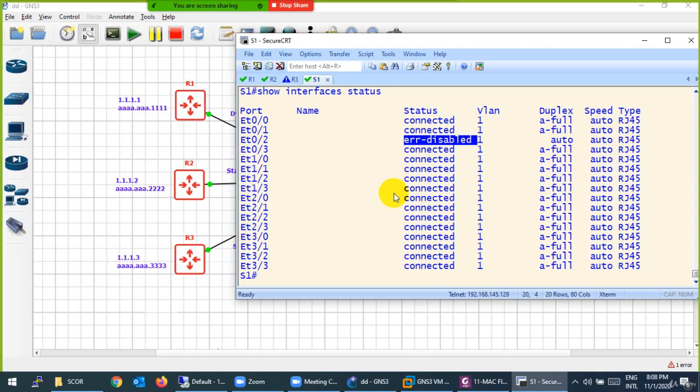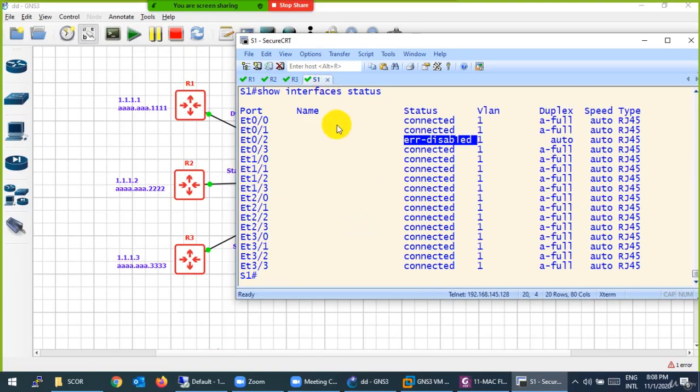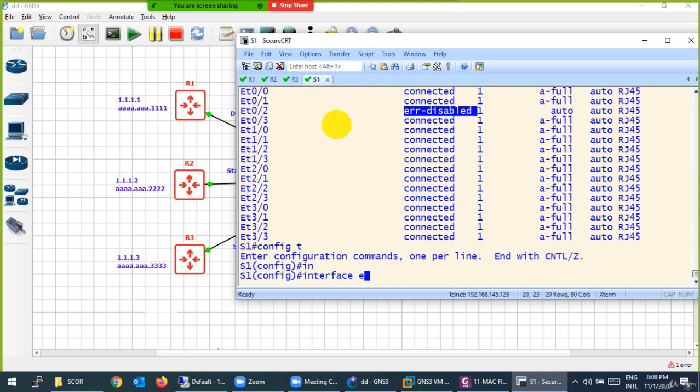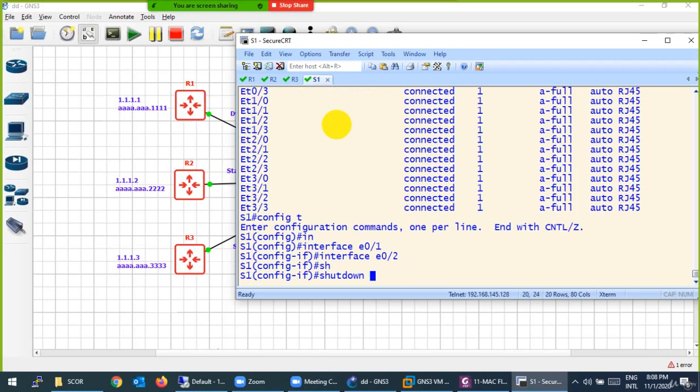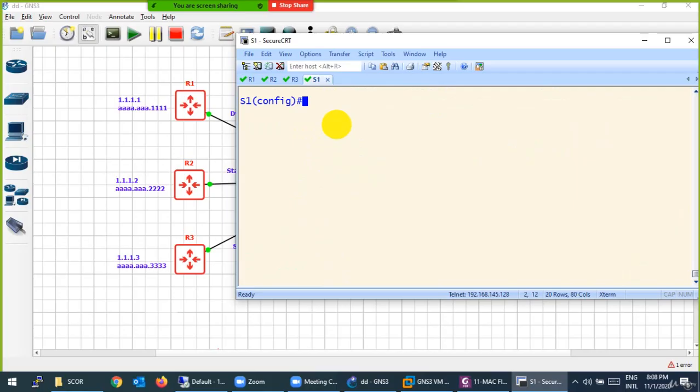So what is the solution? The solution is auto recovery. Let's fix that issue. So the interface's MAC address is already fixed. Let me go to the interface first, E0/2, shut down, and no shutdown, bring it up. And now what is the solution? Auto recovery. The command is